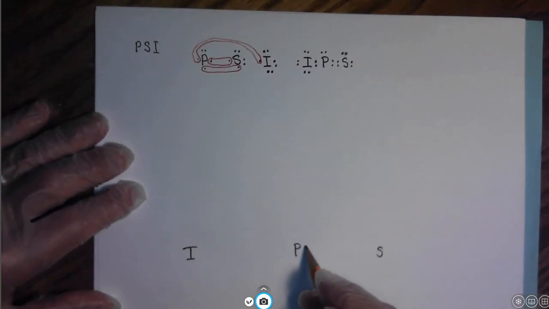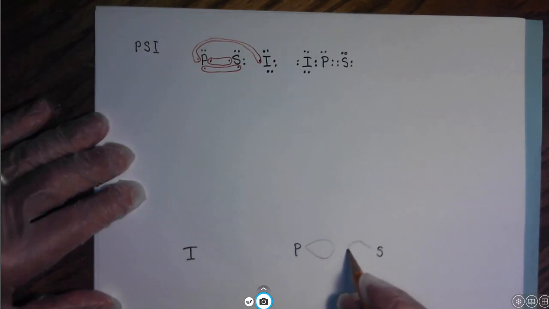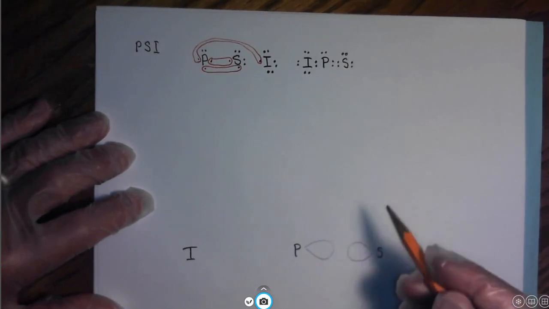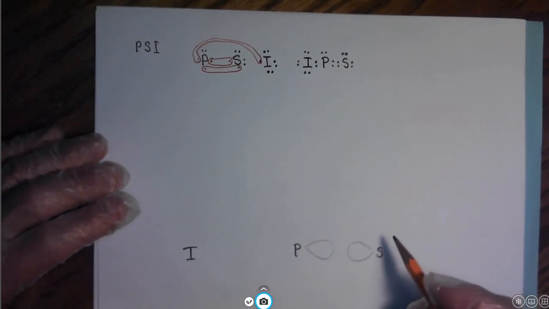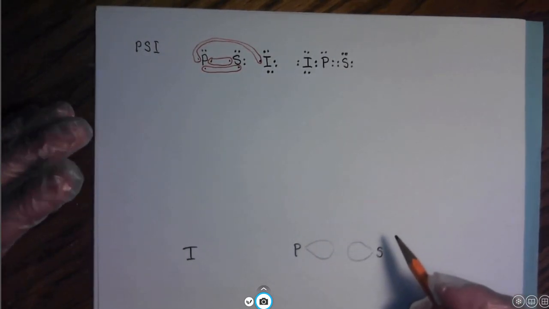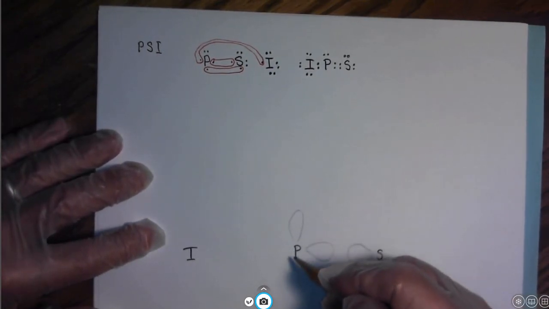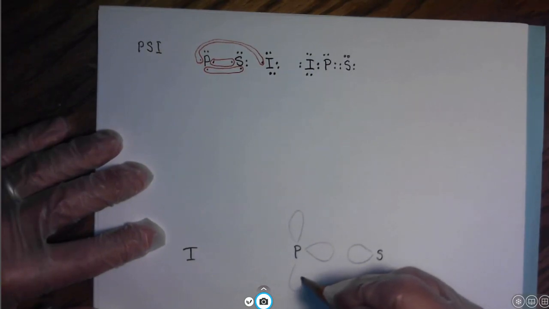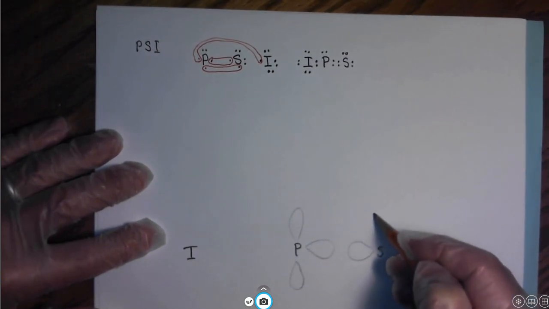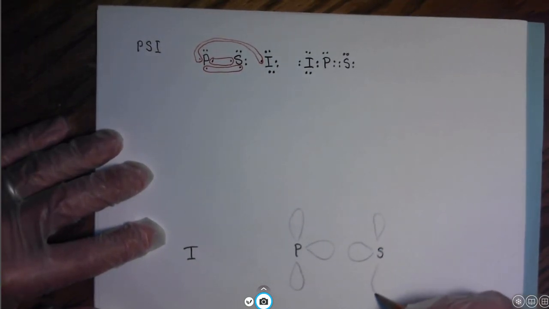Okay, so here's a hybrid orbital on the phosphorus, and here's a hybrid orbital on the sulfur. And both the phosphorus and sulfur also have to have an unhybridized p orbital, and that's a double balloon shape. That's what we learned to do in the last unit. There's a p orbital, and that's a p orbital. Okay,